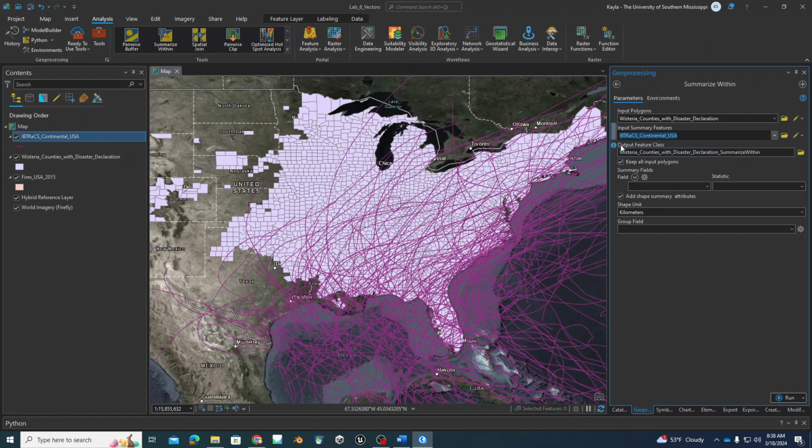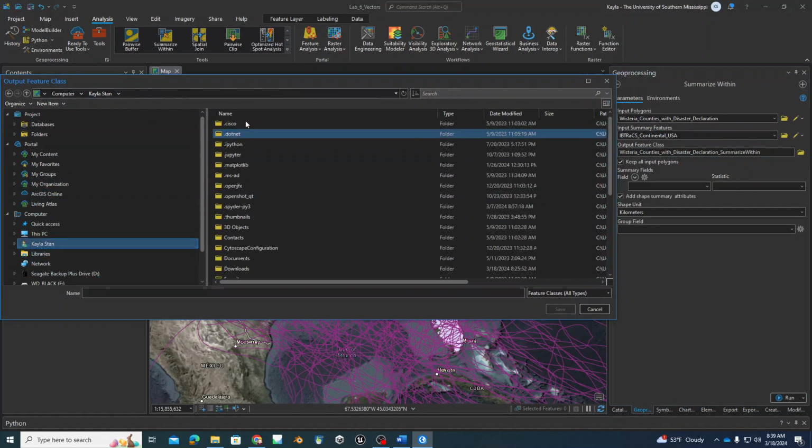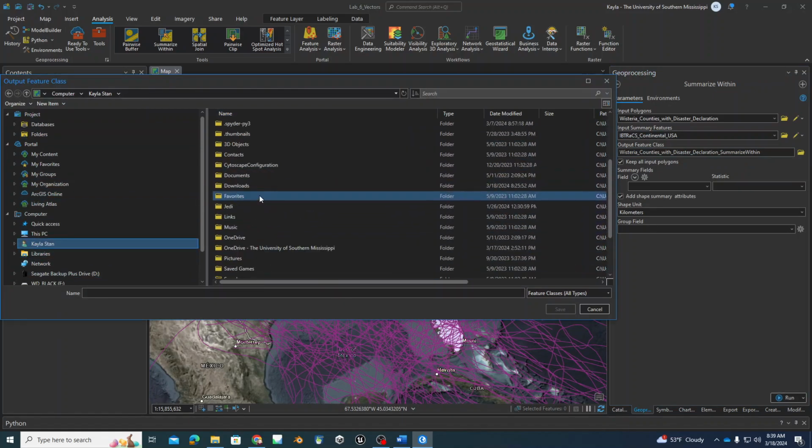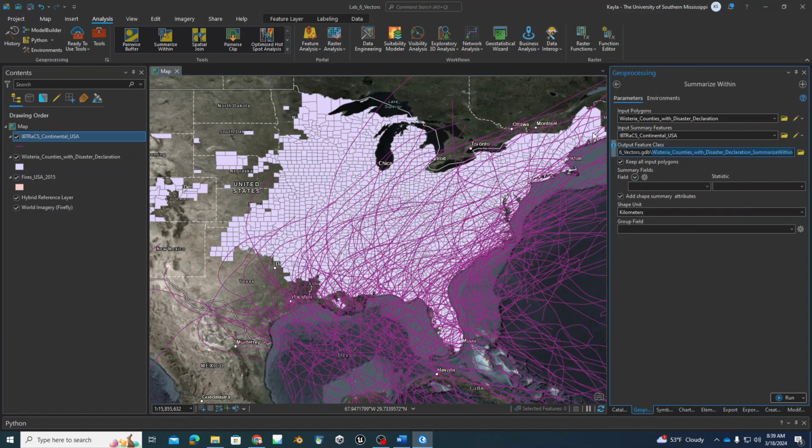And you are going to give this a name. Same thing as before. If you want to change the location of it, if I just hover over this, it's going to pull up the full path that this is going to go to, the full directory. This is going to go into my documents, ArcGIS, projects, Lab 6 vectors, that geodatabase, and then it's going to give this very large name. If I want to change that, I can click here and put it wherever I want. I can put it in my documents, I can put it in my downloads, wherever I want. Or if I do want to keep this in my current geodatabase,